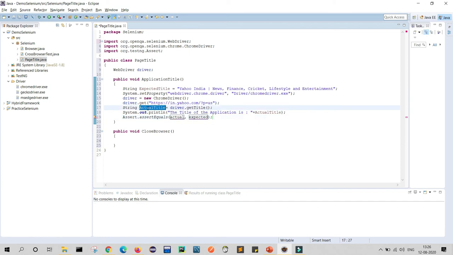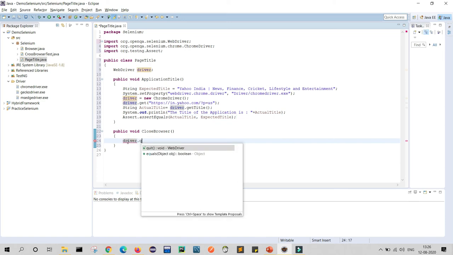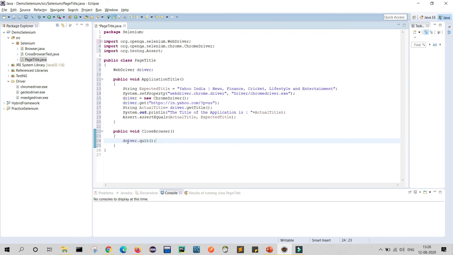So just copy this actual title, and this is my expected title. Now we have done. In my second method, we will close the browser. Just one line. So we have done with our script.